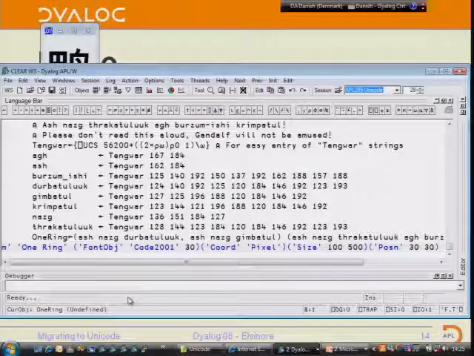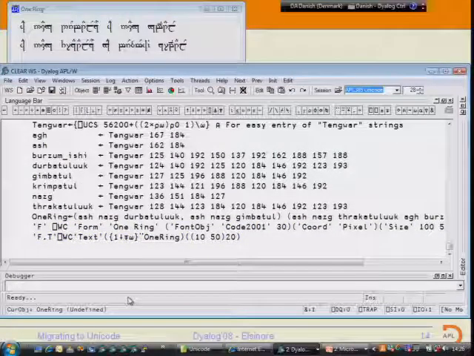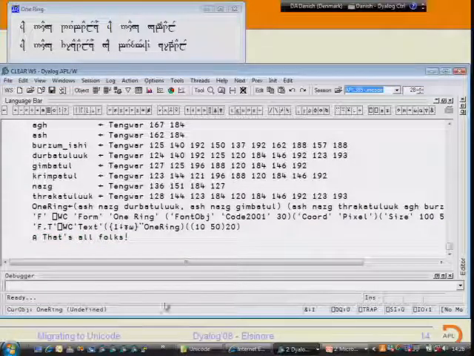And if I create a form with the font code 2001, it contains Tolkien's Elvish scripts. I couldn't find Klingon, but anyway, that's the end of the first demo.